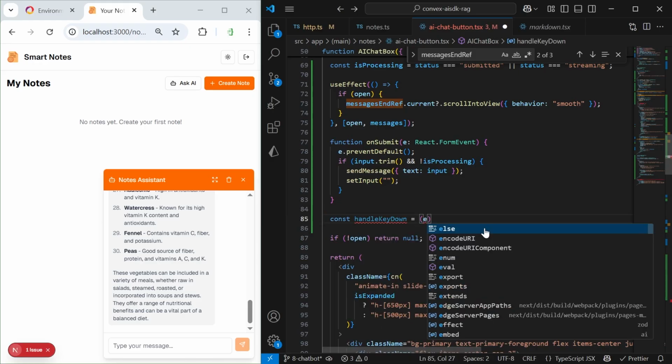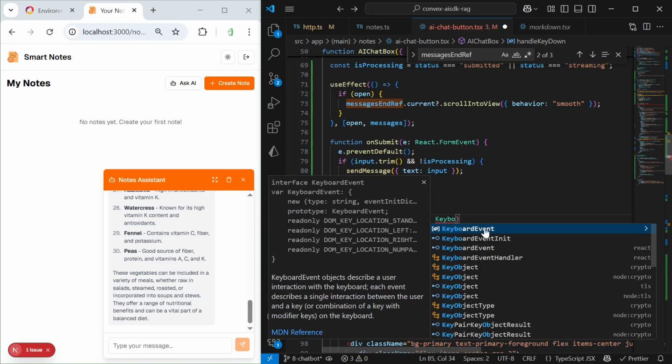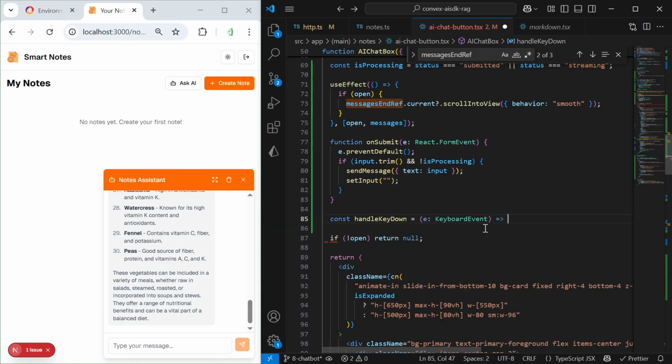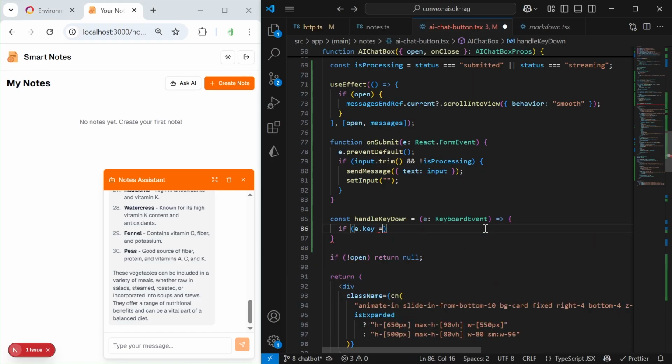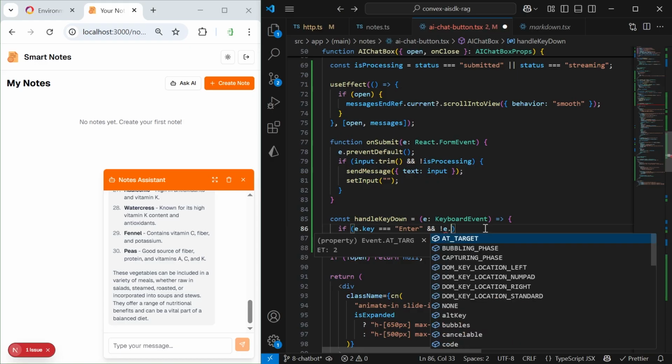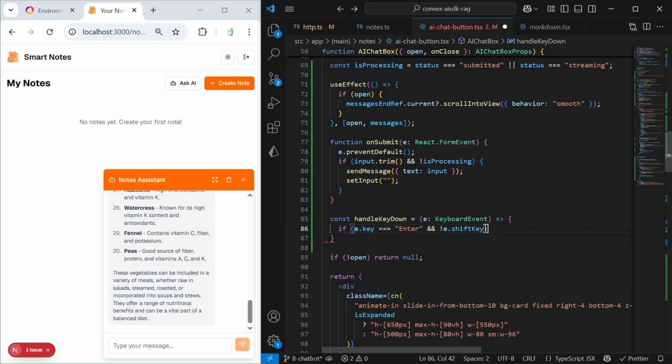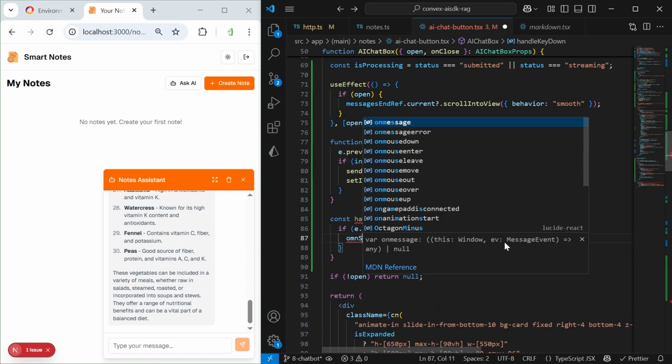We assign an arrow function, which gets this keyboard event passed to it. And here we check if e.key is equal to Enter, so we press the enter key, and exclamation mark e.shiftKey. So only when we press enter but not shift, we will send the message by calling onSubmit,